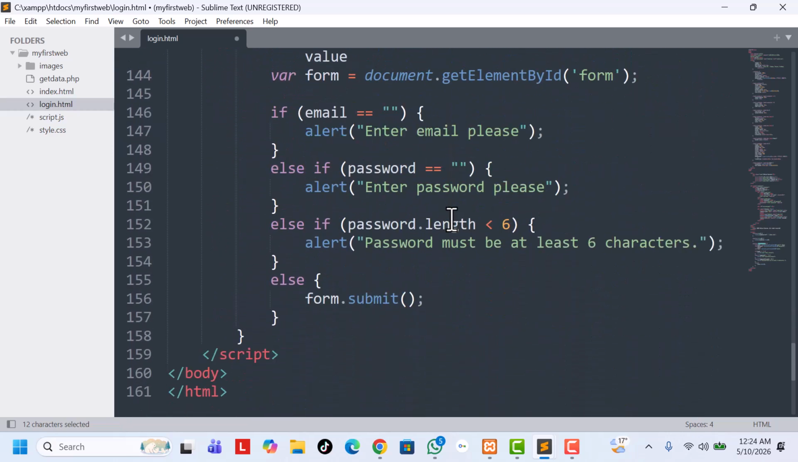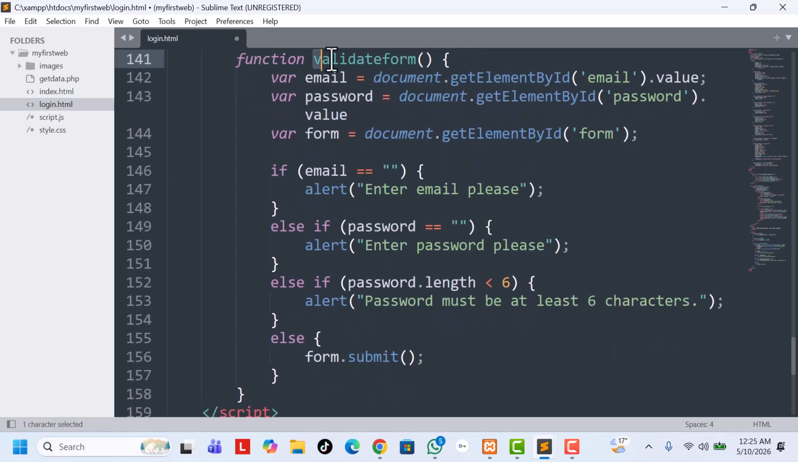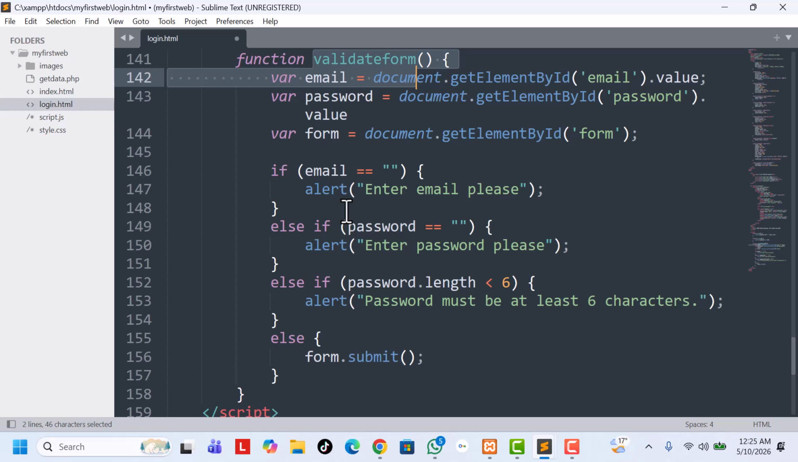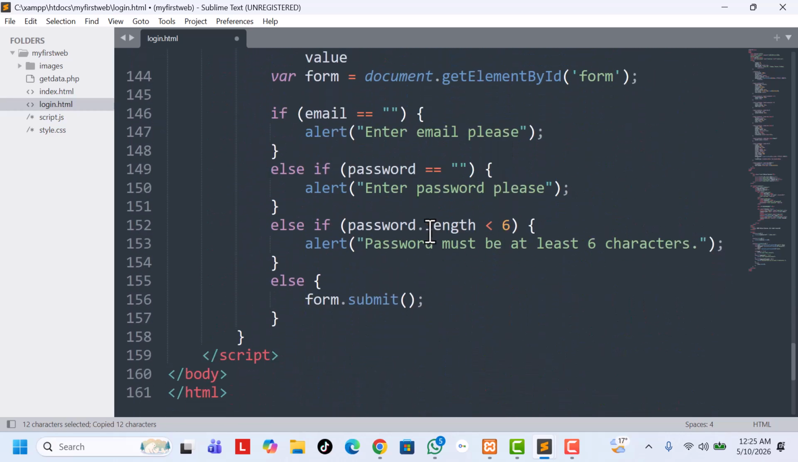Now let's come here down. As we saw in the previous lessons, this validate form will first validate the form before sending the variables. So if the email is empty, then this message will be displayed. As if password is empty, this message will be displayed. And as if password length is less than 6, this message will be displayed. So because we are going to use this div with ID error message to display the error message, so here